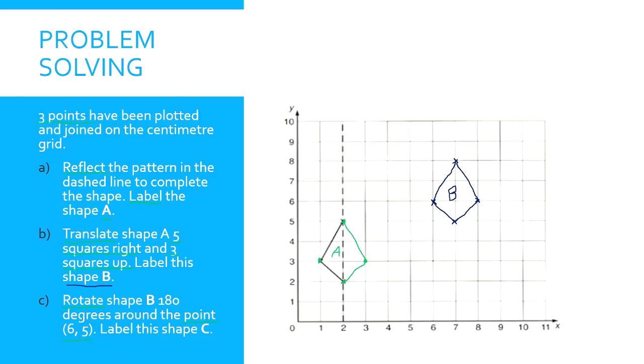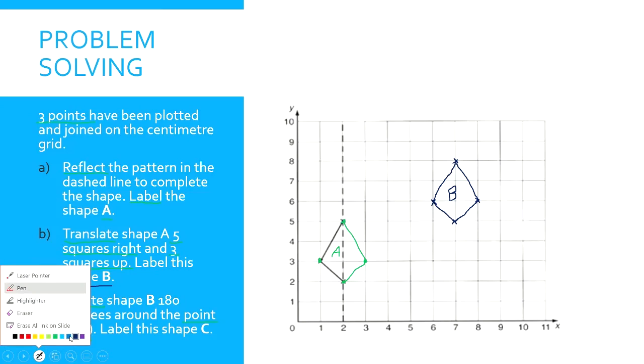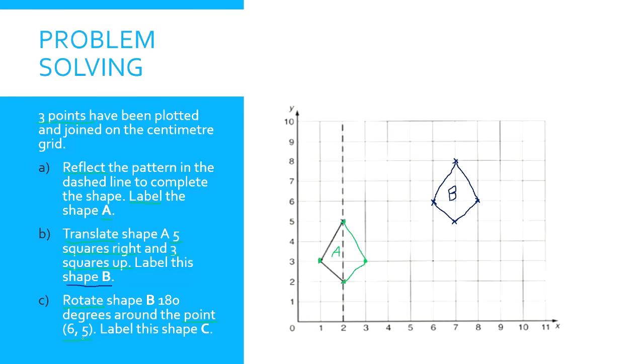So for our final part of this question, we've been asked to rotate this shape around. The point I'm being asked to use for my rotation is the coordinate 6, 5. So I know, going along the corridor and up the stairs, that the 6 is for the x-axis and the 5 is counting upwards to the y-axis here. So I'm rotating around this specific point. This one is a little bit tricky because it's not on the shape itself, so it's something that we're going to have to think